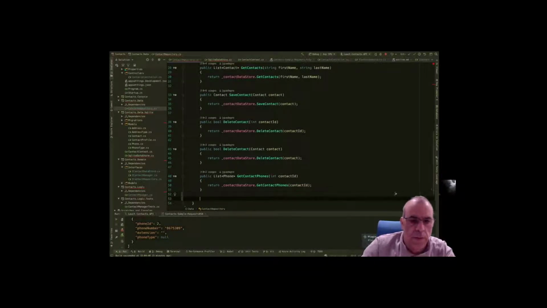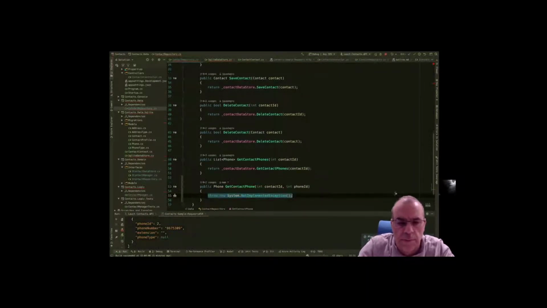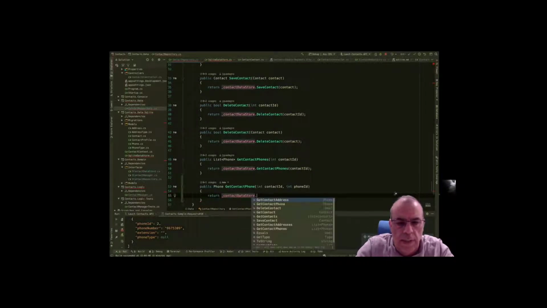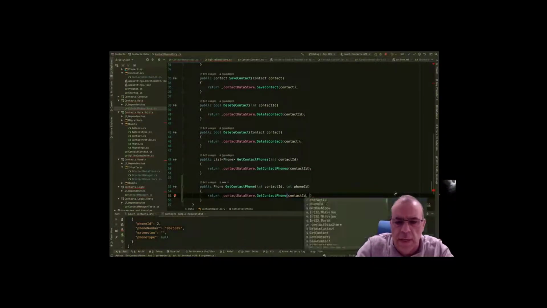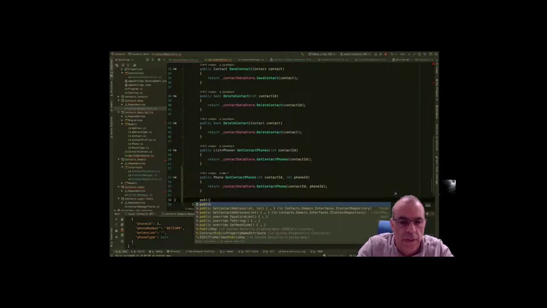So let's go with a public phone, get contact phone, return underscore contact.data store, get contact phone, contact ID, phone ID, and then do the same for address, public